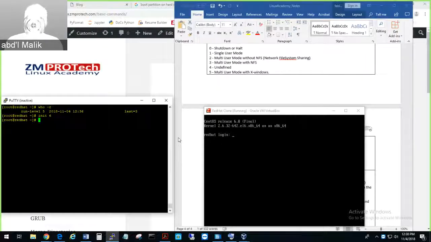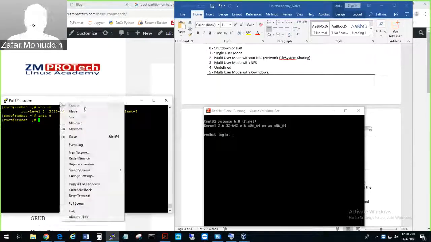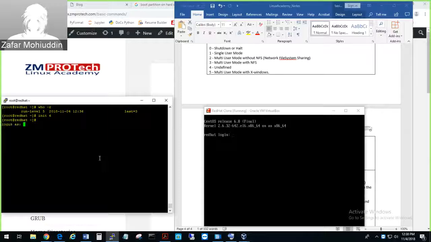Okay, so it didn't come back into run level 5. You know why? No. Okay, because the default is set in this file. The default is set in